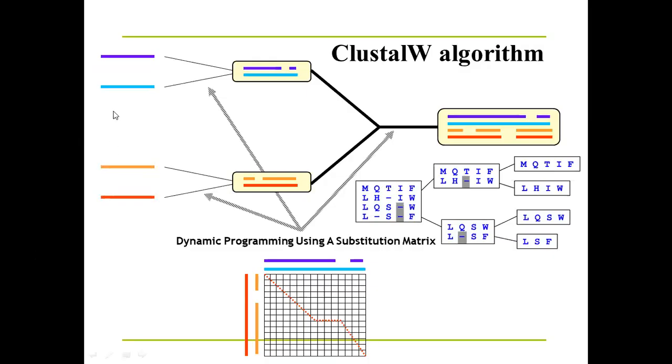So here first we have 2 sequences. Here they are represented as dark blue and light blue. Then we have this alignment with some gaps, and this is the first alignment. There are 2 more sequences. In actual, these are 4 sequences, and here we have the alignment of these 2 sequences. After that, we align these 2 sequences with these 2 sequences, and now we have these 4 sequences with